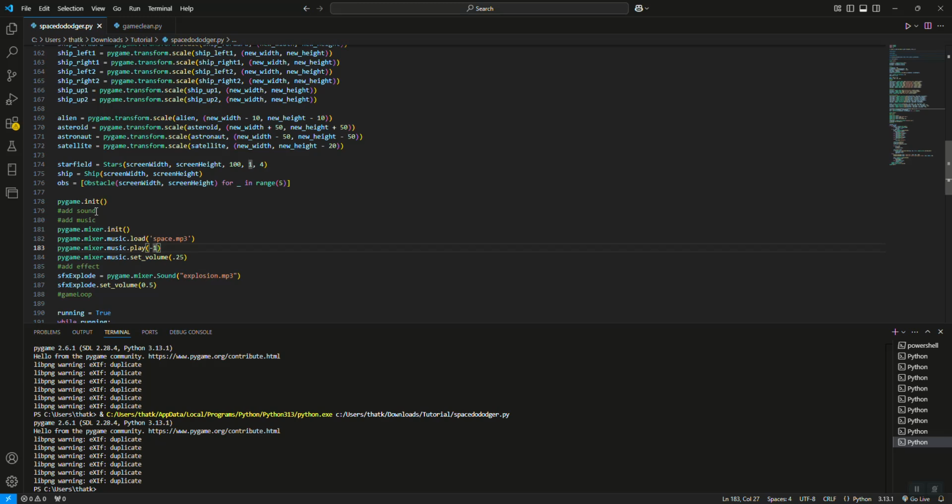And so basically, I've made a comment. This is where the sound is. I'm adding music down here. I'm adding special effects. And so first thing we need to do is initialize the Pygame.Mixer. And as a matter of fact, we could probably just put this right here, just so that we know that we're initializing the mixer for everything. And then we're just going to do